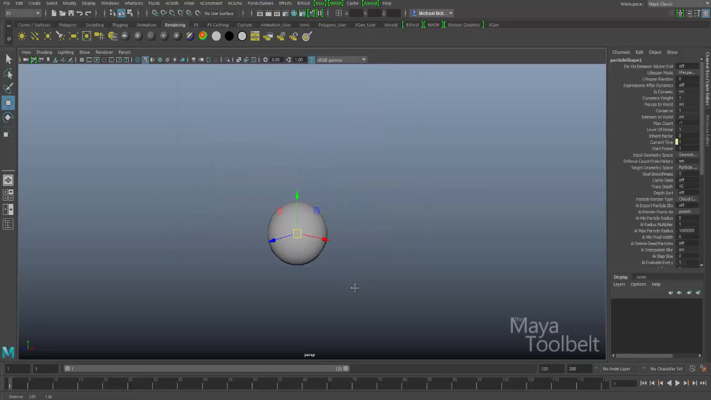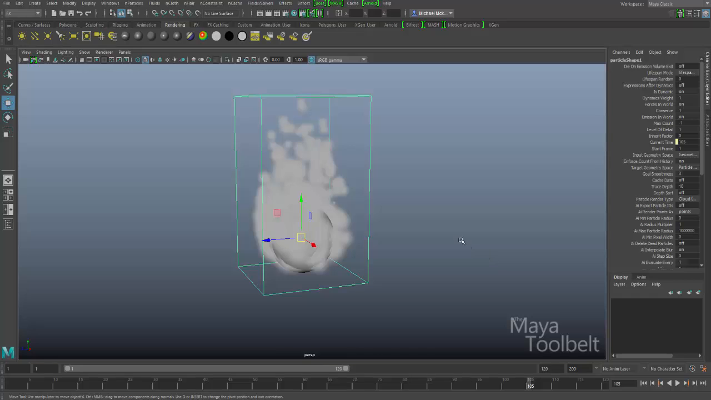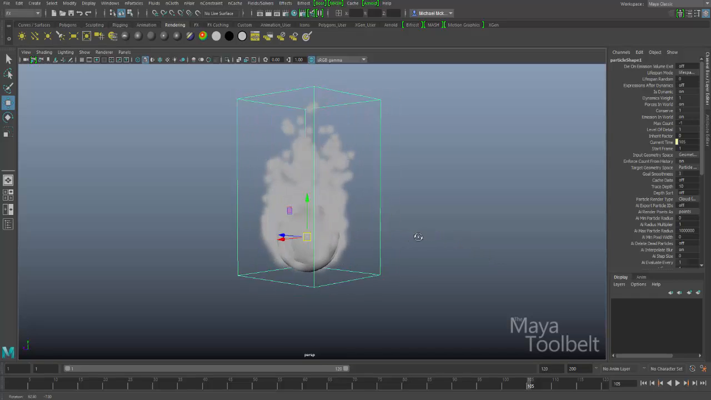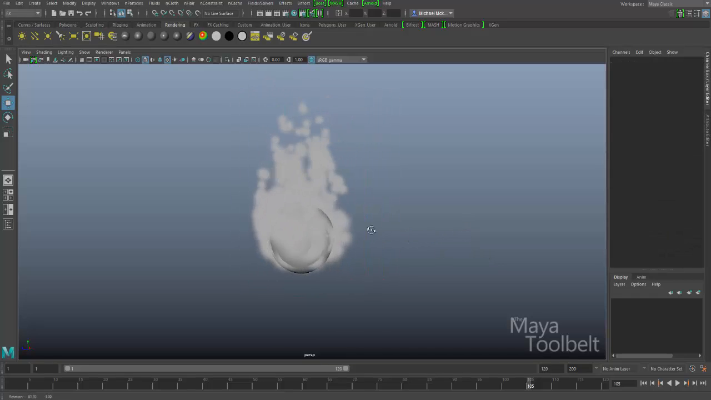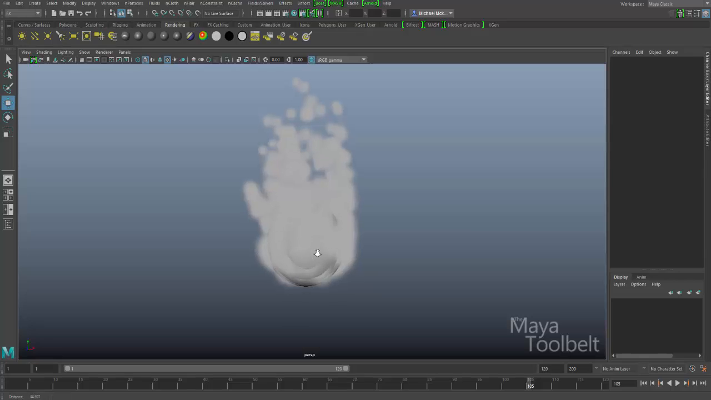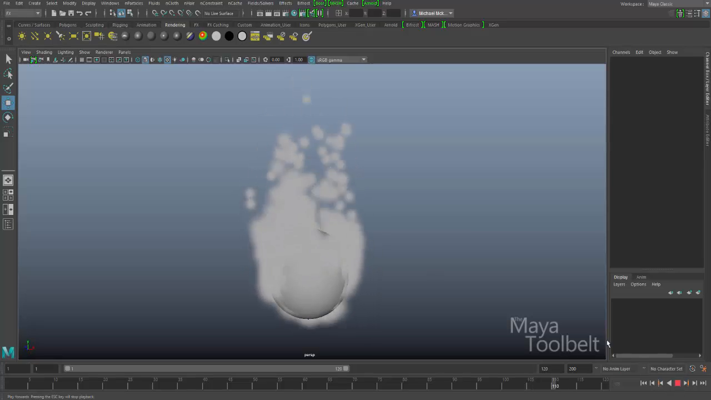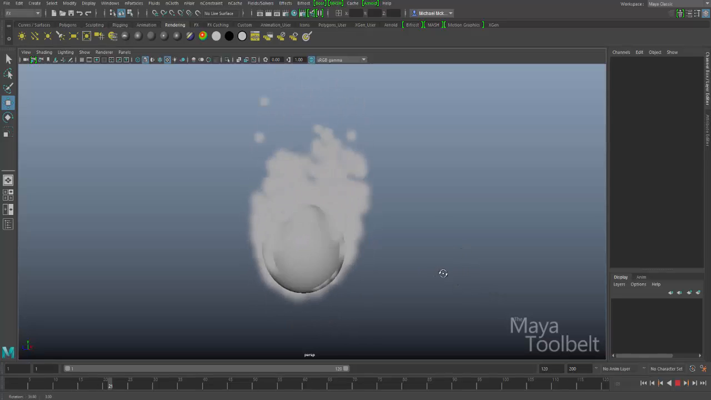Okay, so now that we've done all that, we can actually see what this thing looks like. I'm on frame 1, I'm just going to hit play, and then hit stop. So you can see the effect that was created. It doesn't really look like fire. I mean, it does kind of look like fire, but it's gray. For one thing, it doesn't have that fire look to it when it comes to the color. However, if we just hit play again, you can see it is kind of a fireball effect,